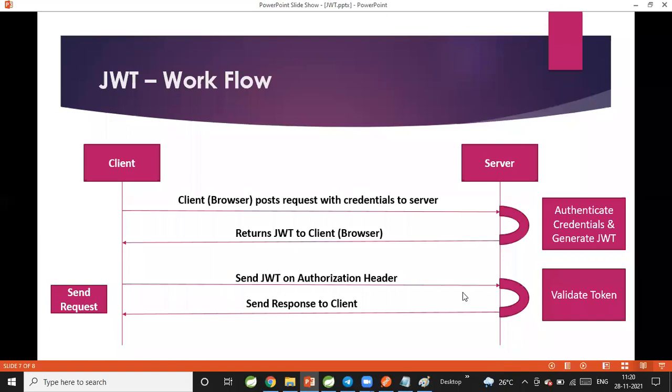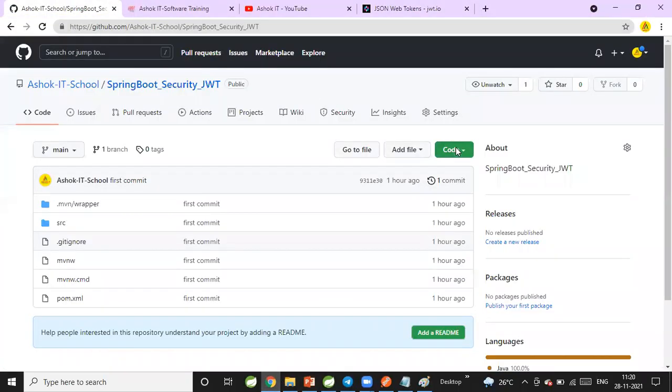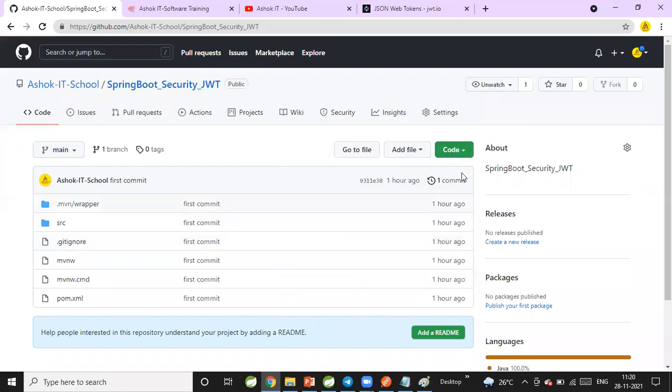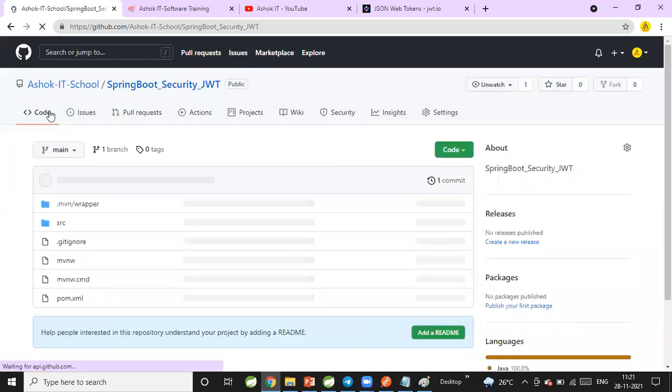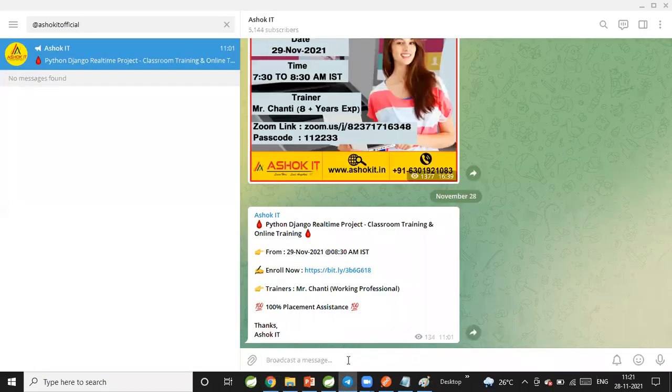Yeah, guys, whatever application I have executed here, I have stored that in a GitHub repository. Today, before starting our class, whatever application I'm using in this class, I have already pushed that project code to the Git repository. You can find that code in the Ashok IT Telegram channel.